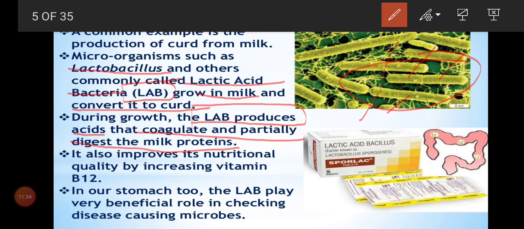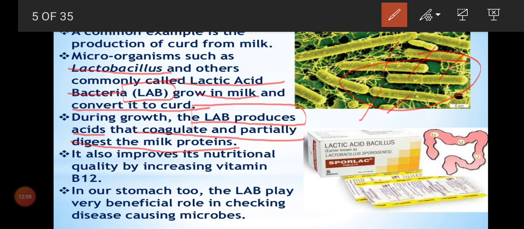For example, water is a plain solvent medium, and milk is also a solvent only. But when we add some chemicals, it started to coagulate, it started to become solid. That is what we call coagulation. So here the nature of milk is going to change because of adding lactic acid bacteria as a starter culture for milk. After adding, the lactic acid will digest the protein of milk and it will coagulate, and we will get curd.